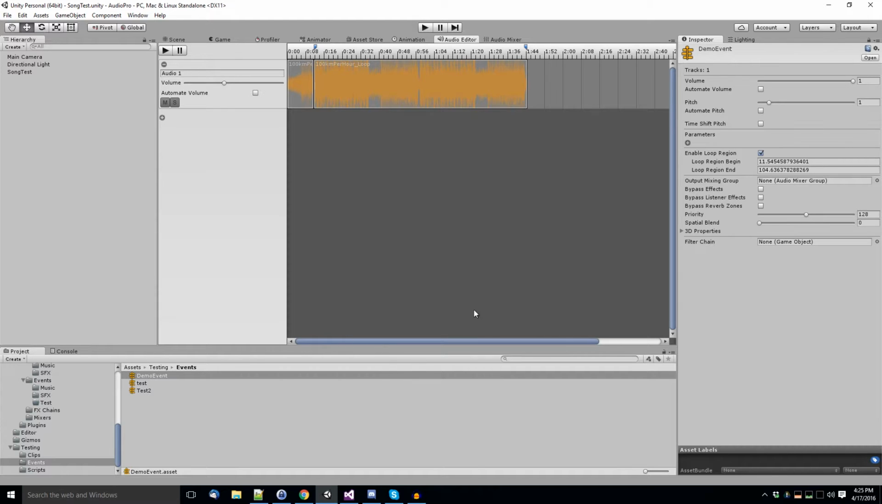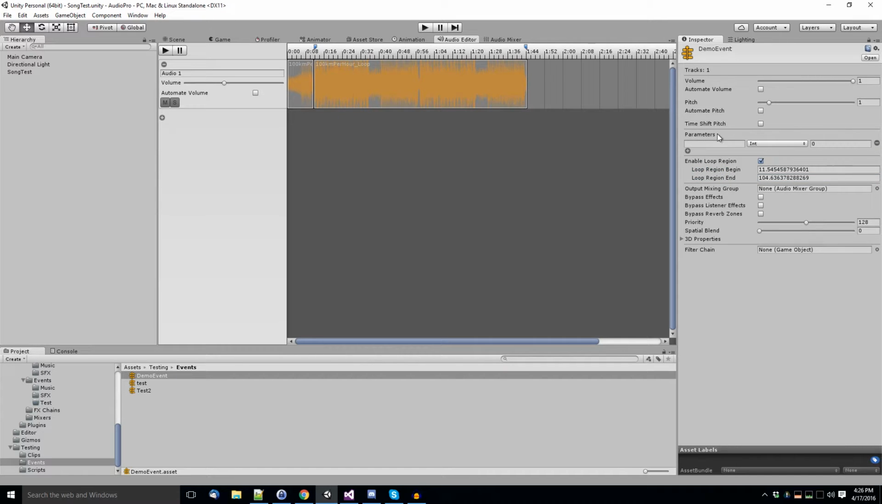The other thing Audio Pro has is parameters. And so these, if you've messed with Mecanim, these actually should be fairly familiar to you. You can create new parameters. You can give them a key, which is referenced in code, a type, integer, float, or boolean, and a default value. And these are used, so for instance, you type in pitch, float, default is 1, and I can use these